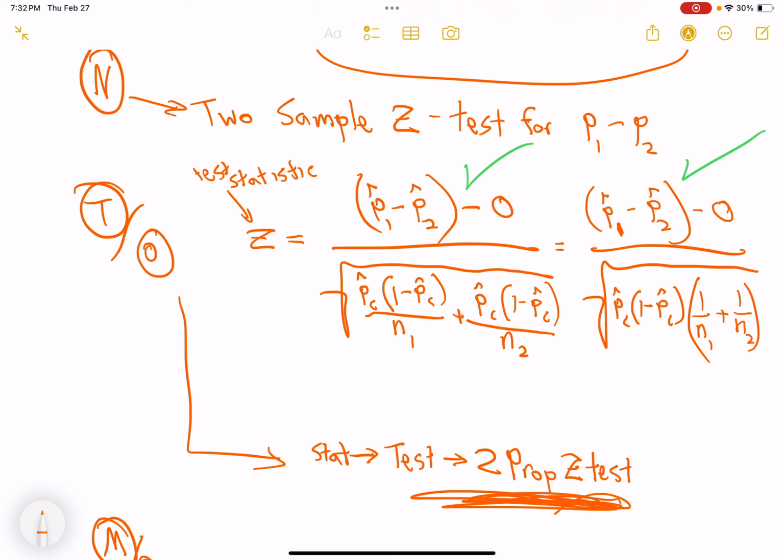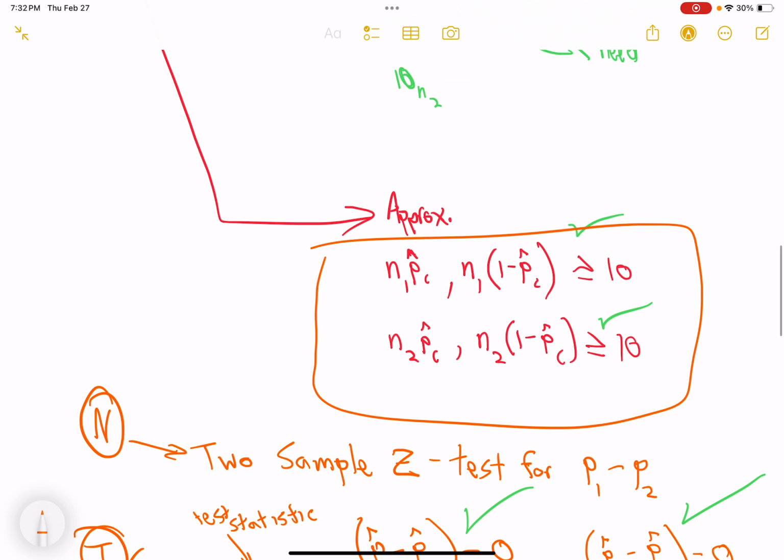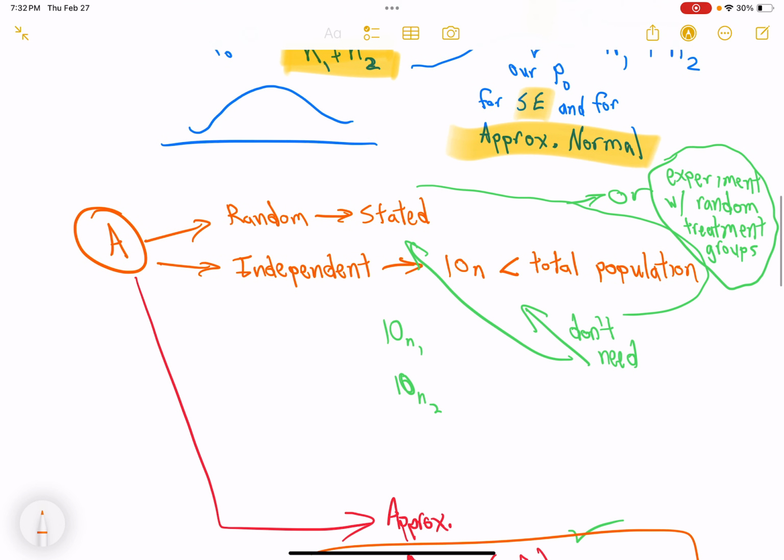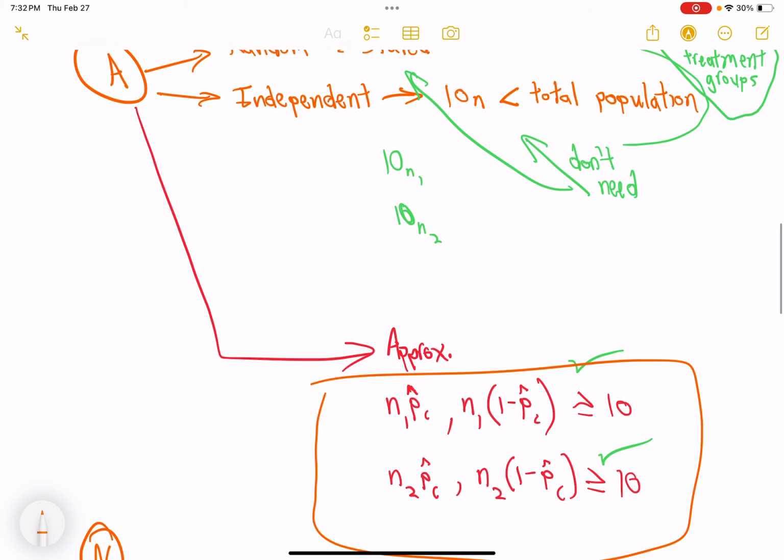z-test instead of 1 prop, being able to name your test, being able to check for approximate normality, independence, and randomness. Although remember, because we have 2 proportions here, we have the chance of having an experiment, in which case you don't have to say the 10% rule or random, you just have to say an experiment with randomized treatment groups has been done, and that takes care of the first 2 steps of assumptions, leaving you with only checking